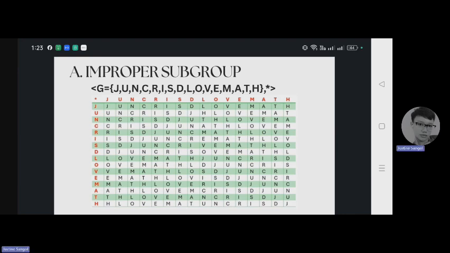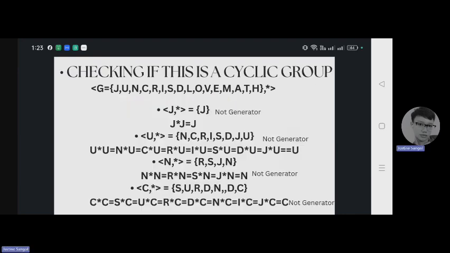Now, let's determine whether there is a generator in the group table. We do this by repeatedly operating an element with itself. The result of each operation is then used as the next input, continuing the process. If through this repeated operation we obtain all elements in the set G without repetition, then the element is considered one of the generators. However, if the result begins to repeat before covering all the elements, we stop the process, since this indicates that the element is not a generator.